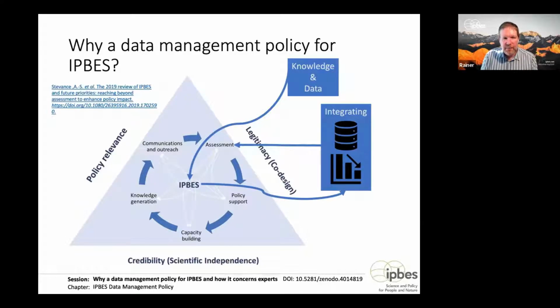So IPBES itself is not collecting data, is not generating new knowledge, it is merely integrating the existing knowledge and data for the different assessments. And this process needs to be transparent, it needs to be reproducible, because if this process is not reproducible, not communicable, the credibility of the whole assessments is lacking.